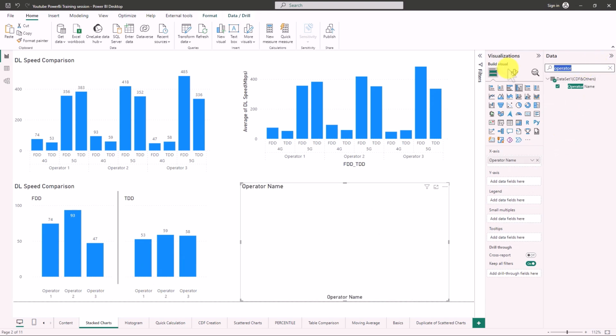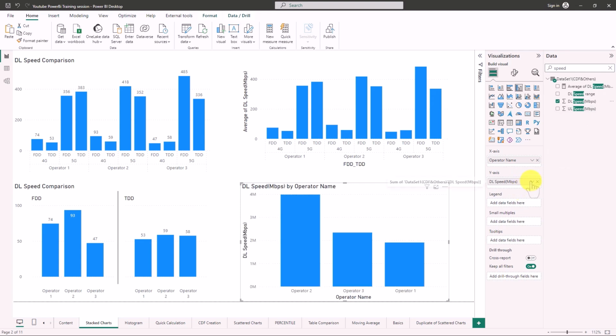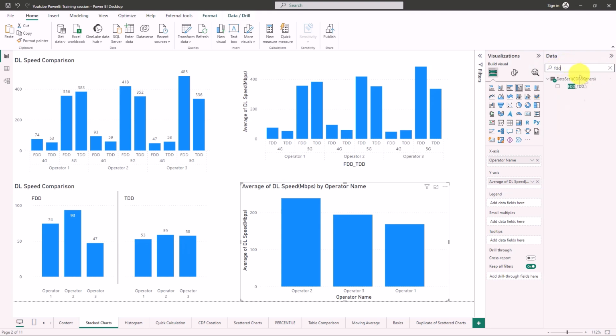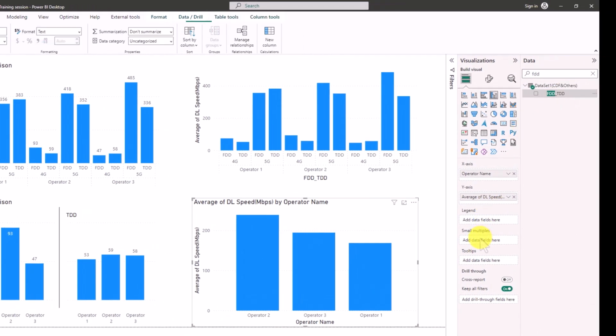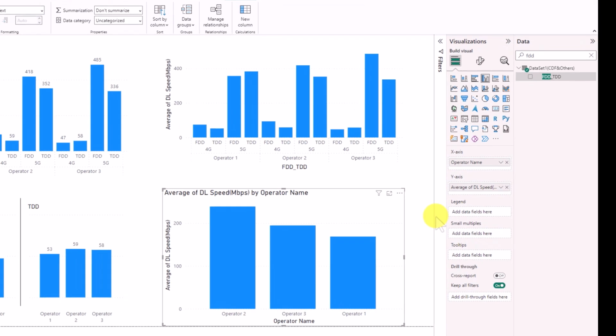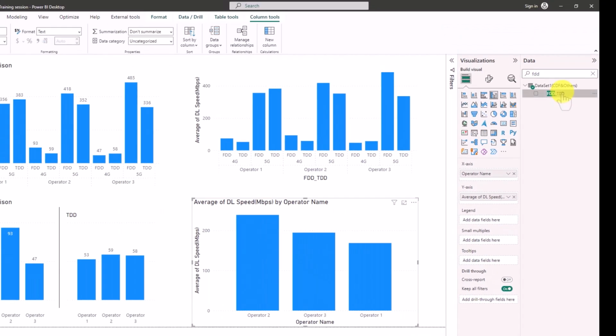Now I need to add the speed. So it's called the speed. So I will add my downlink speed. I will just change the aggregation from here to make it average as an example. Now I want to split it to have it with FDD and TDD as two different charts, as shown here. So I will add, for example, FDD technology. There is something called small multiples here. Within this part, you will find small multiples. So if I drag and drop this part into the small multiples,